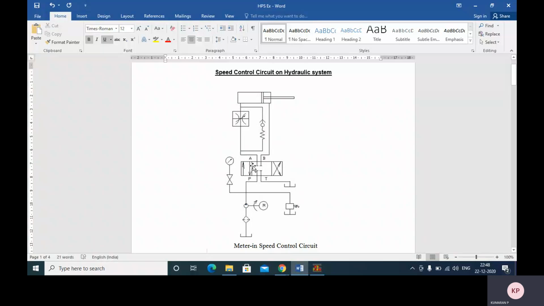In this direction control valve, there is a port P, port A, port B, and port T. From the hydraulic pump, fluid is connected to port P. Say, for example, we are engaging position 1, that is the straight position. At that time, the fluid is flowing from port P to port A, then port A to the flow control valve, and after the flow control valve, it will enter the